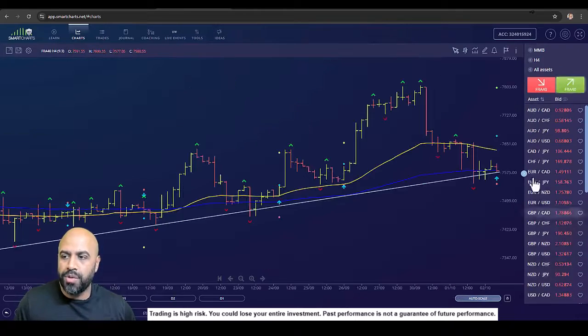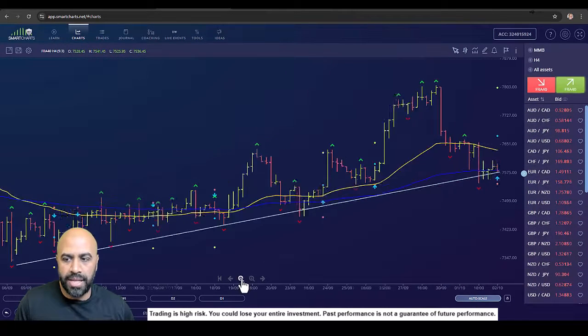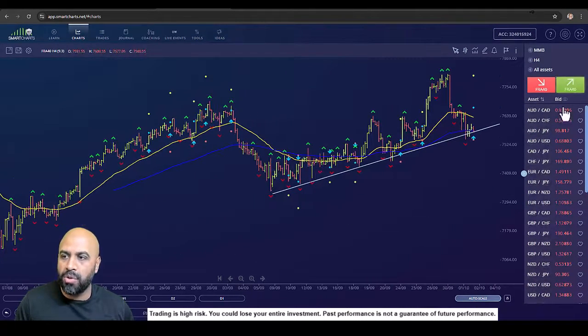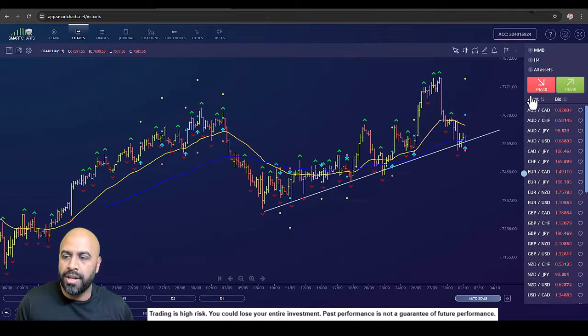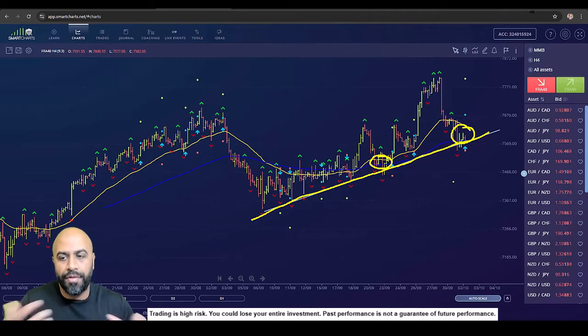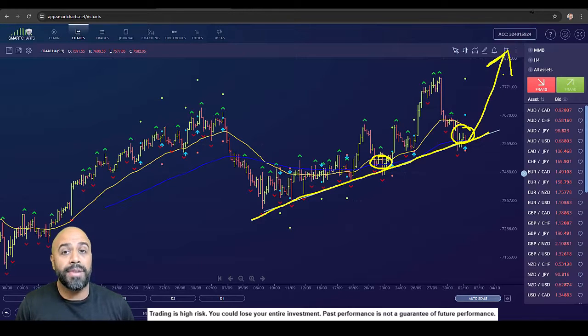And then we also have the France 40, which could become interesting as well on the market breakout strategy. On top of what Smart Charts is finding, we can also see price right now is in this moving average zone, where we can see buyers have turned up before. We're also on this angled trend line where buyers have turned up before. So we have this confluence of support areas where maybe buyers might decide to turn up here again.